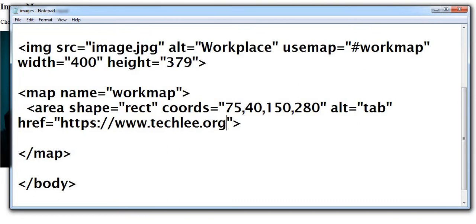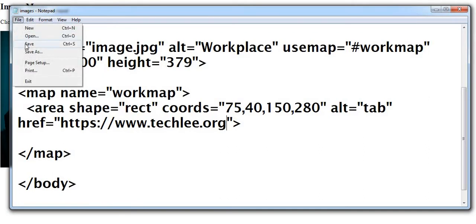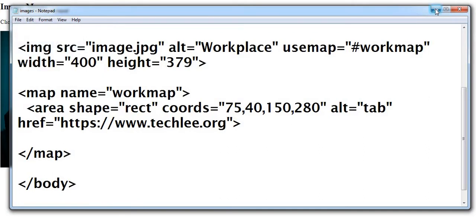You can specify multiple different areas of an image which will become clickable with the help of this map tag, and you can create a map within an image. So that's how it works.